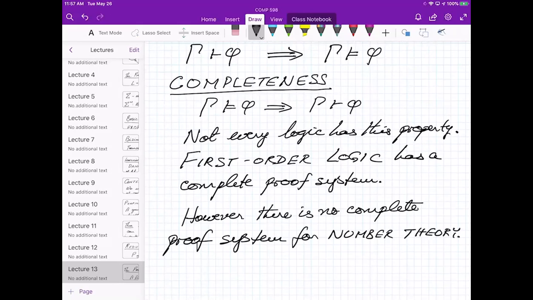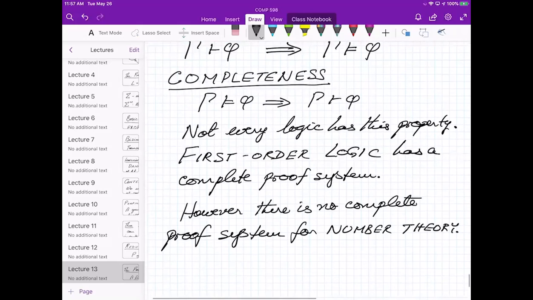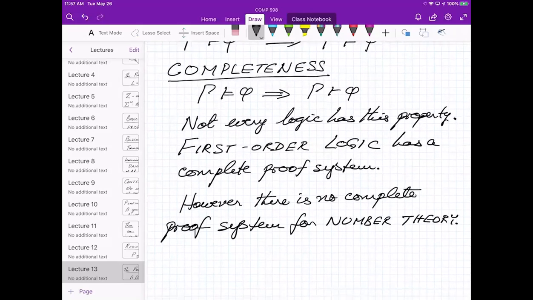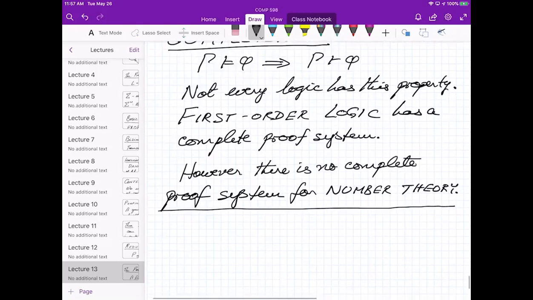And this is basically the content of Gödel's incompleteness theorem. By the way, Gödel also proved the completeness theorem for first order logic. Okay, but we're not here to talk about completeness. We're here to talk about validity.